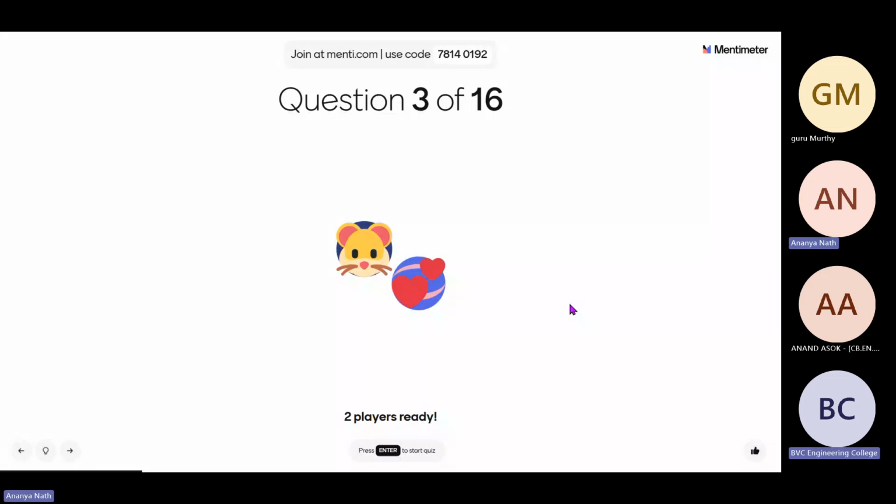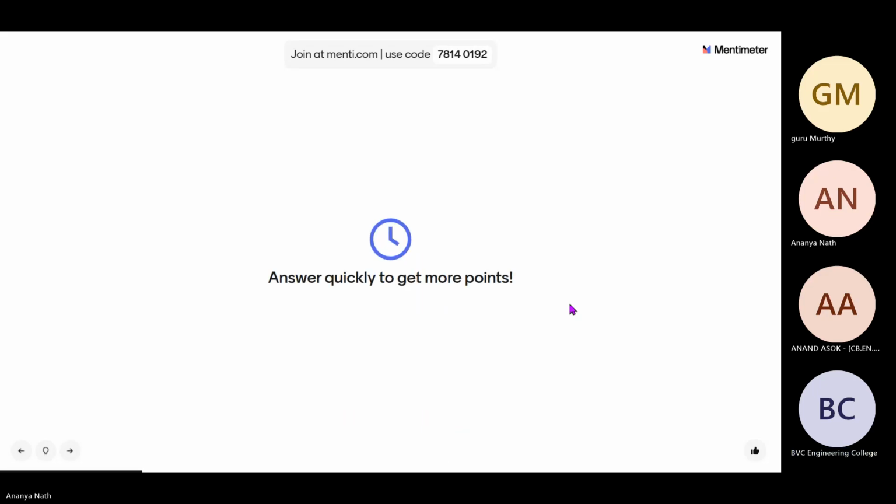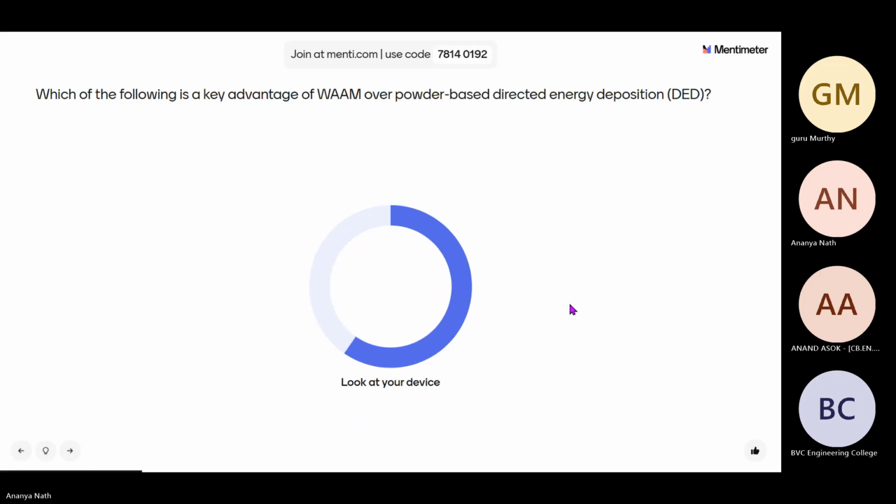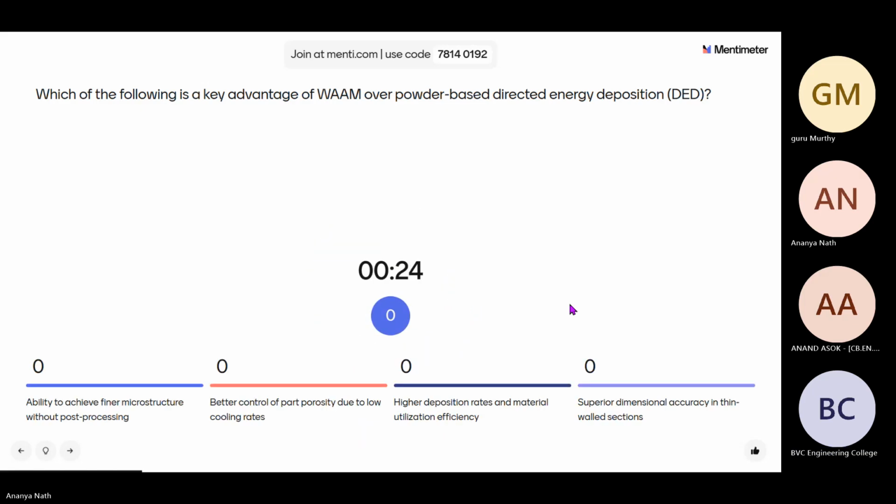Here comes your third question. The following is a key advantage of WAAM over powder based direct